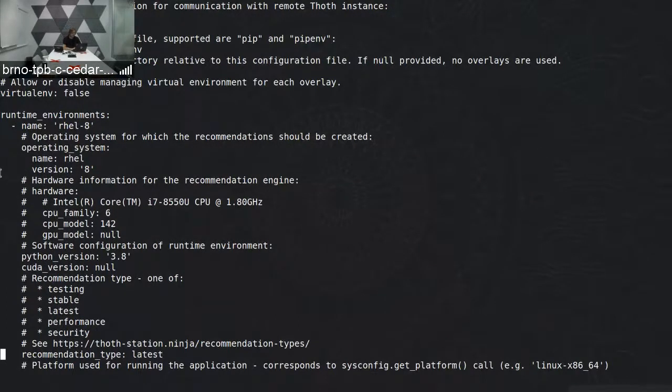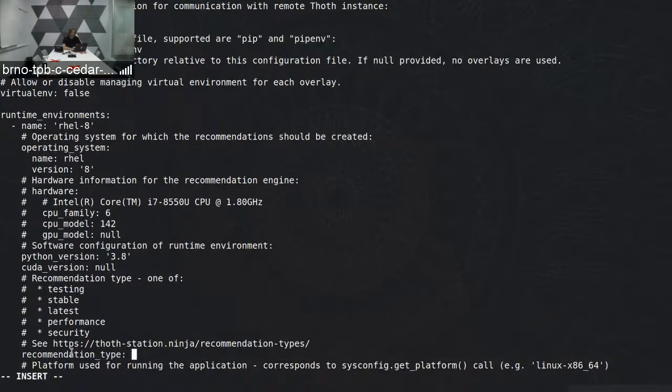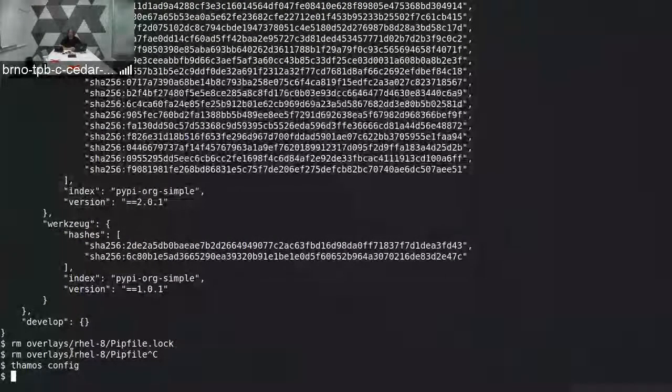So I will go to the recommendation type section, and here I change the recommendation type from latest to security. I will write down my changes, and now I can call the recommendation engine once again by issuing Thamos